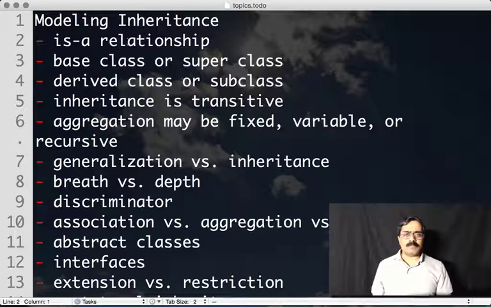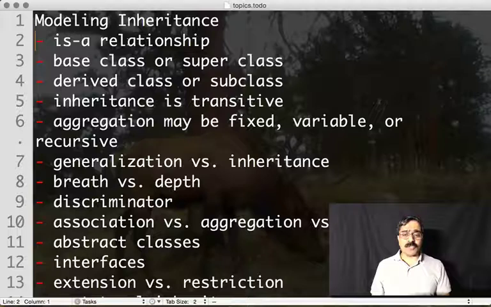We talked about modeling objects, modeling relationships. We can't call this done until we finish talking about modeling inheritance. Inheritance is a very powerful concept, but one of the most overused concepts in object-oriented programming. It has some really good advantages when it's used for the right reasons. We'll talk about quite a number of things with inheritance, but also talk about it in relationship with other relationships